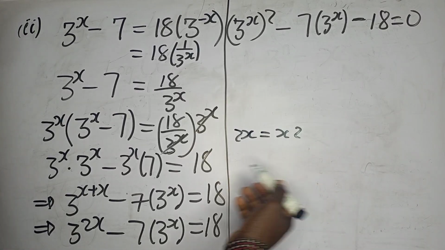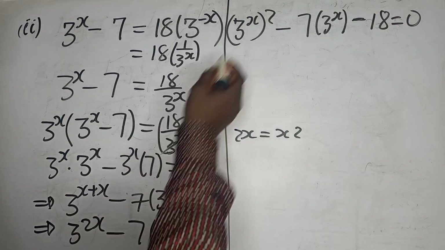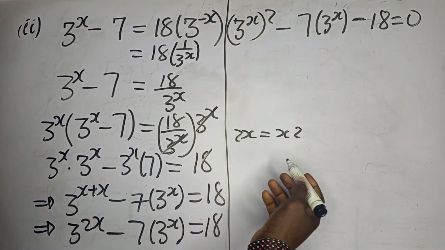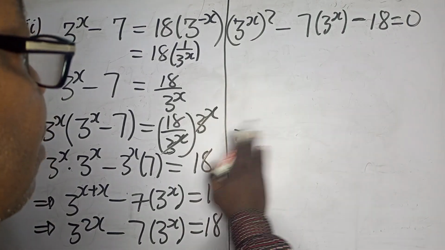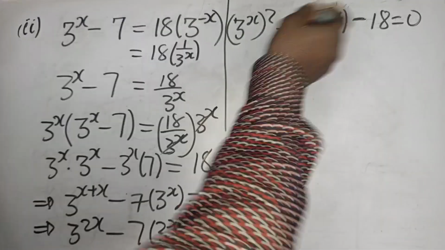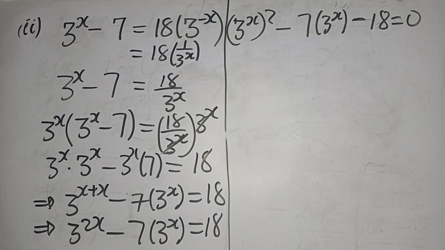Multiplication is commutative. So here we have 2x, now we have x times 2. There's no difference. It's still 2 multiplied to x, it's still x multiplied to 2. They have the same result. But we'll write it as such so as to see the quadratic that is hiding in terms of 3 to